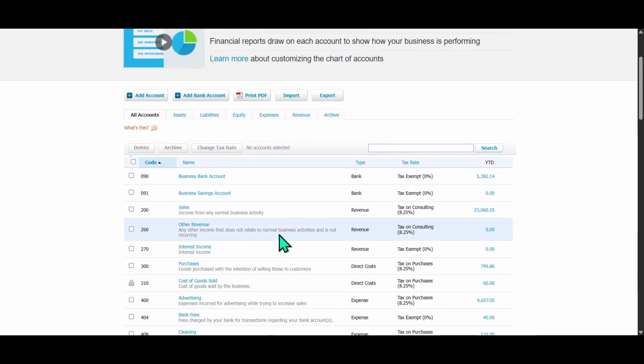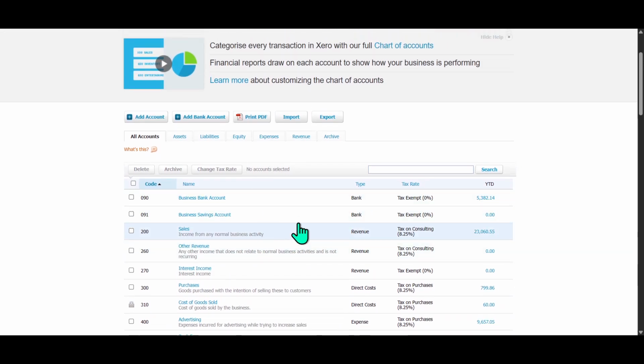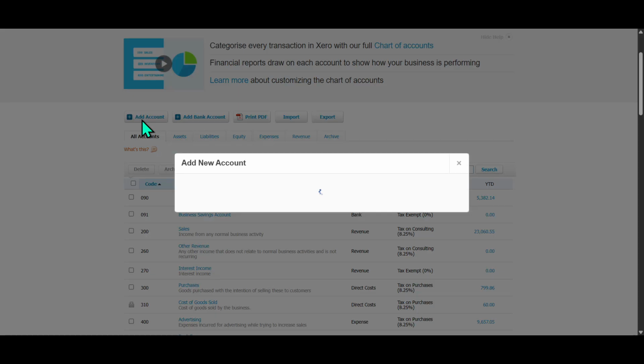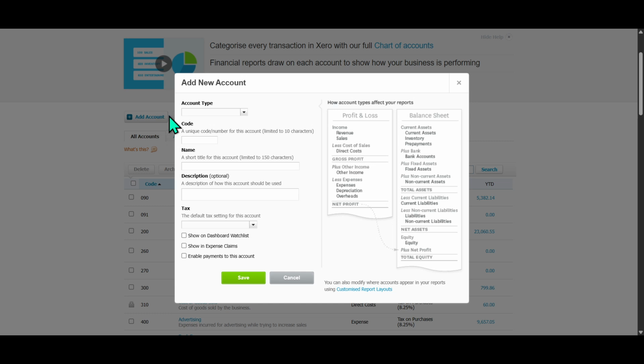This is the place where you can view all your financial accounts and make the necessary modifications to ensure everything is categorized correctly. Now that you're in the Chart of Accounts section, you'll want to add a new account. Find and select Add Account. This step is crucial because it allows you to expand your financial record keeping by adding essential accounts like those